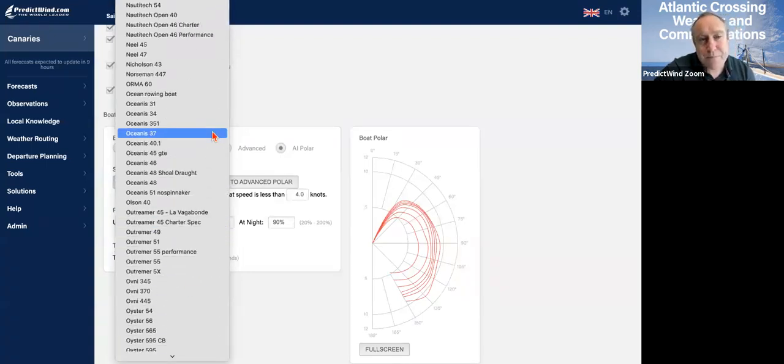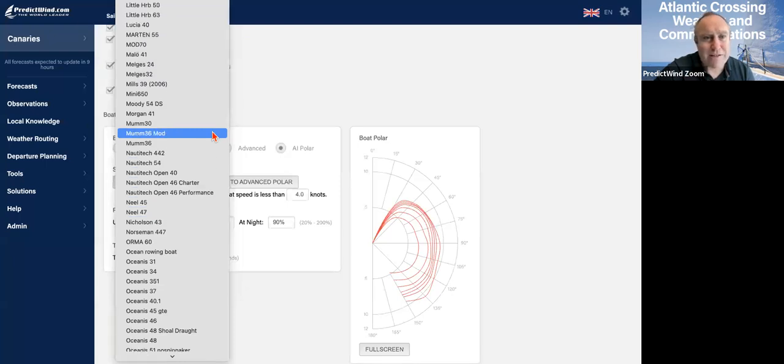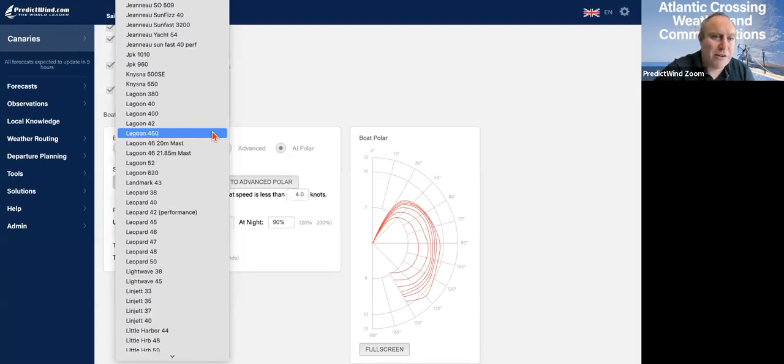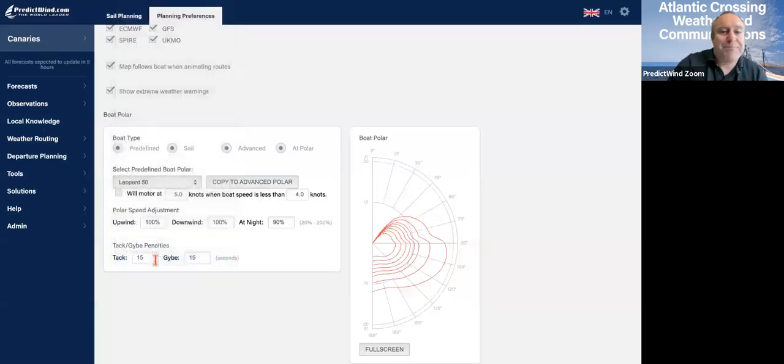Often a boat that has a similar performance to you. And what should we be? Leopard 50. So you can choose that boat, or there's a few other ways to do it. But choosing one that's like yours, if yours is not there, is a good thing. Even if your boat is there, you're going to want to check your